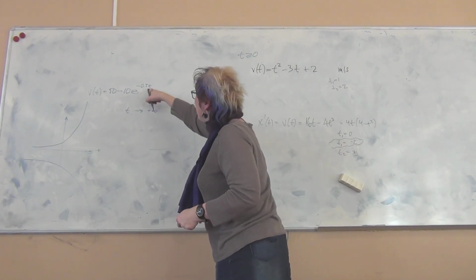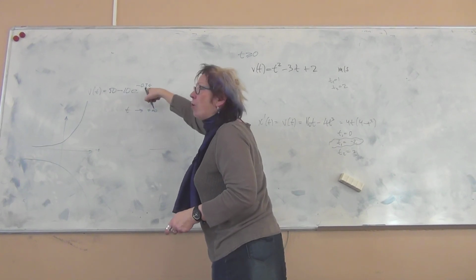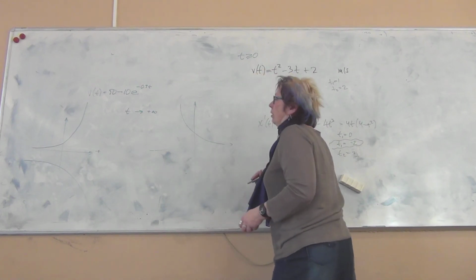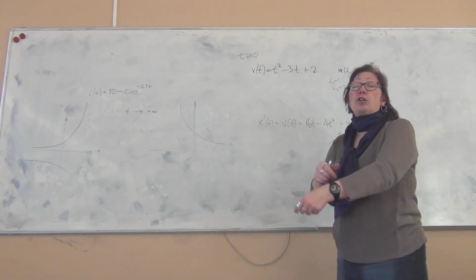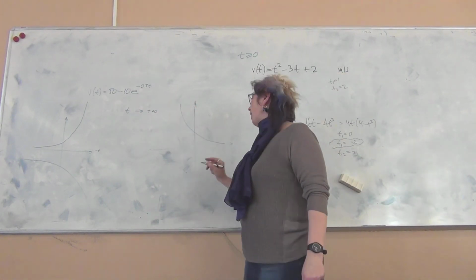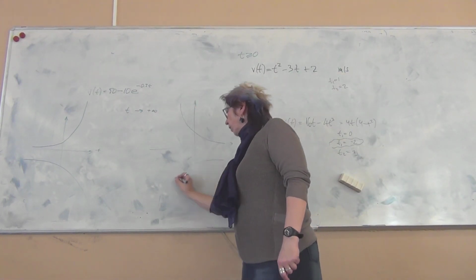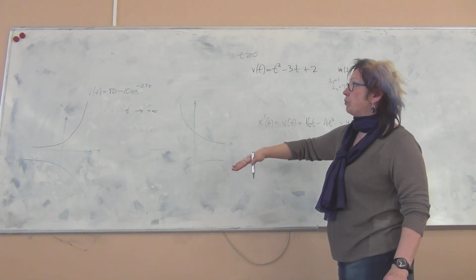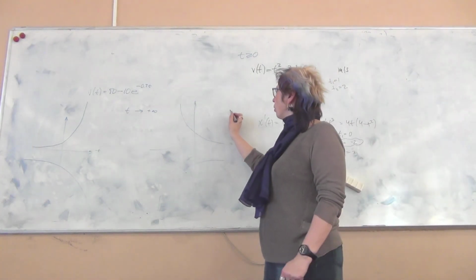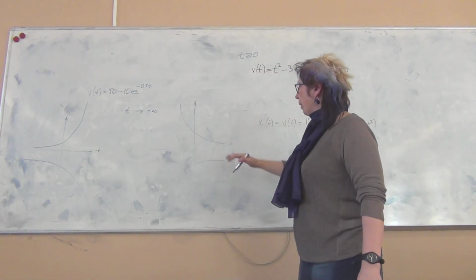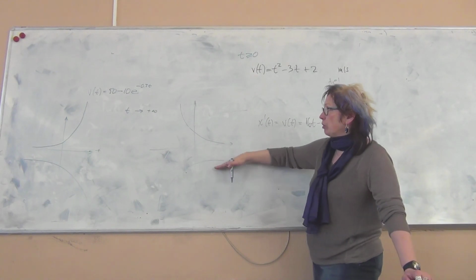If it is e to the power minus something, then the exponential function will be decreasing. Now if I multiply it by minus 10, it starts looking like this, and then if I move it 50 units up, it will look like this. And because we have a horizontal asymptote at all times,